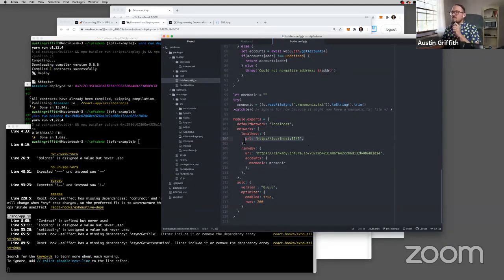But what we need to do is point this thing instead of at localhost, let's point it at Rinkeby. Okay, now we're going to need a mnemonic. It's going to read this. So this is going to fail because it doesn't have what's called an HD wallet. What we need to do is basically create an account. So let's go to,